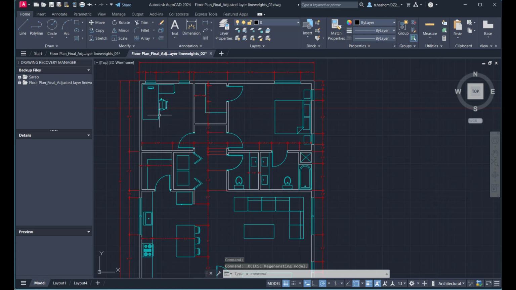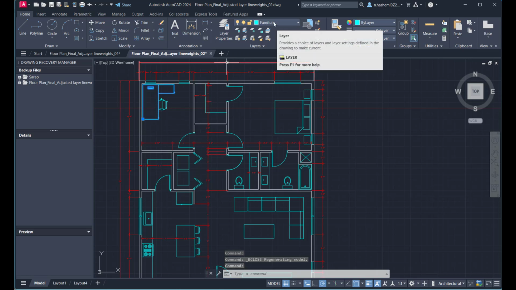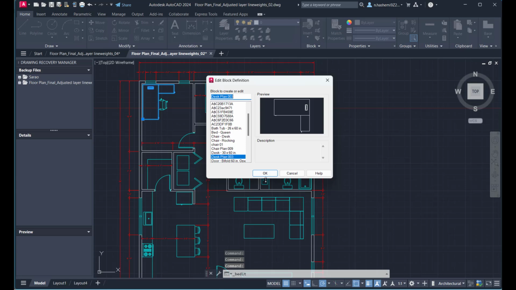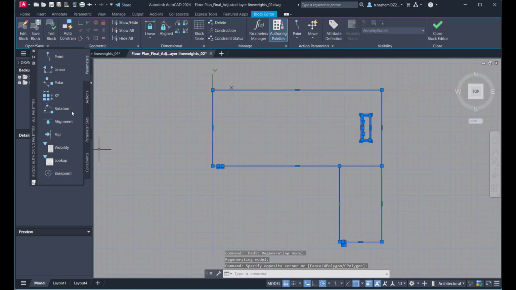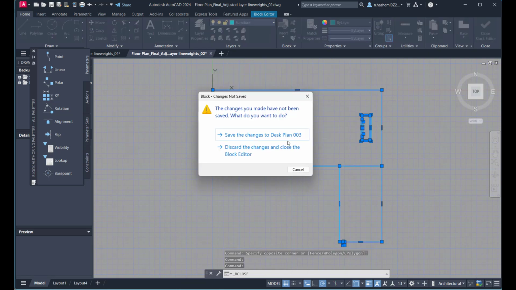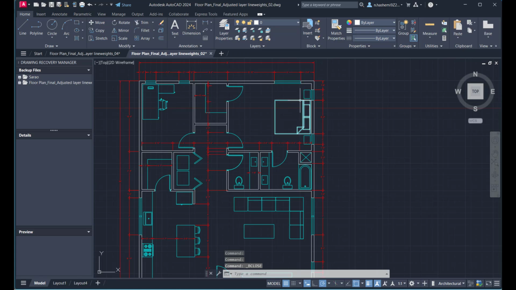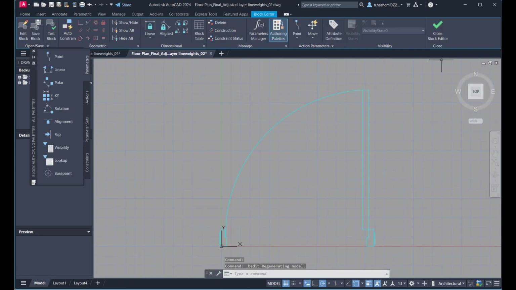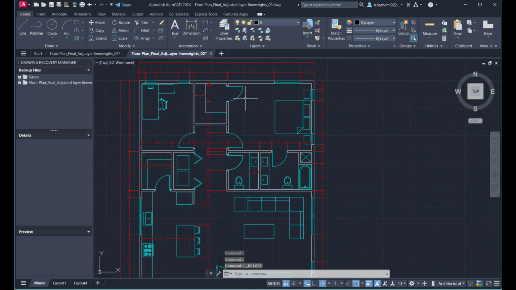Okay, so if I click on this, you see that it's in the furniture layer, but you need to edit that, and then in the editor change the layer to furniture, close and save. Okay, I need you to do this for everything, even the doors. So it is already in the furniture layer, but all these pieces that you have, you need to do that. Okay, then save your file and